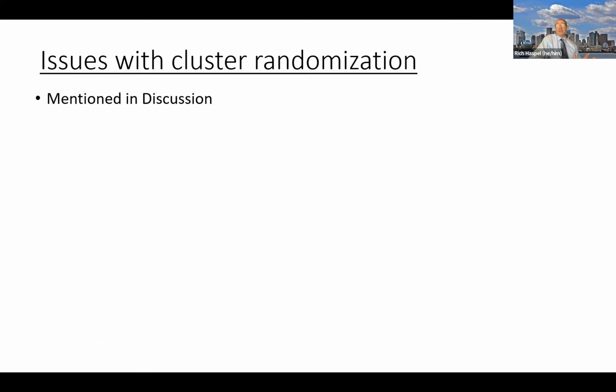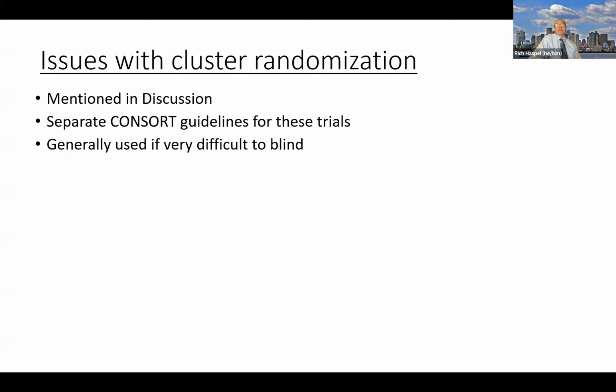So they mentioned these issues in the discussion, so they're open. But first of all, there are separate CONSORT guidelines for these trials because they are not blinded. So a cluster is usually used when you can't blind. So for example, let's say I started putting up posters in my hospital saying, wash your hands, okay? Obviously, the posters are everywhere, so you can't have certain people not look at the posters and others look at it. So that's why you need clusters. So one hospital would have the posters, one hospital wouldn't. But for this trial, yeah, it makes it easier, but this is a trial where really you need blinding.